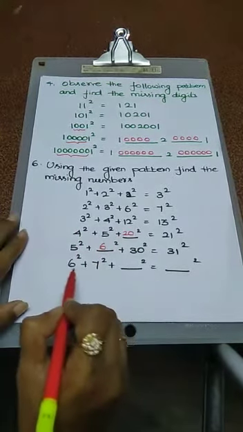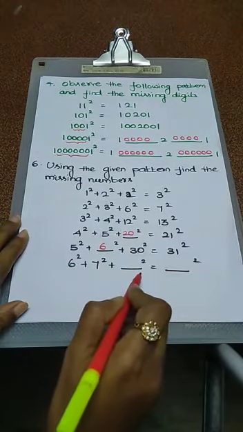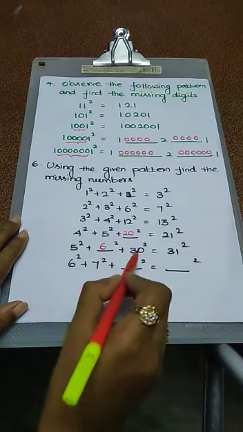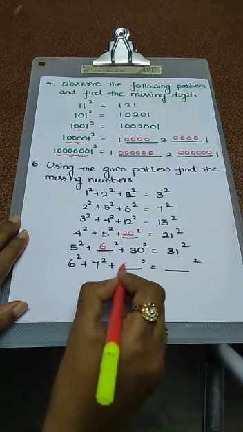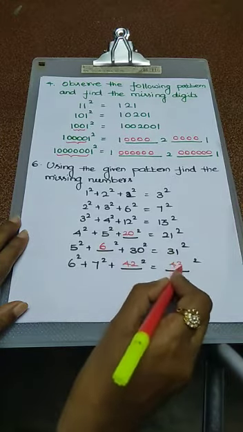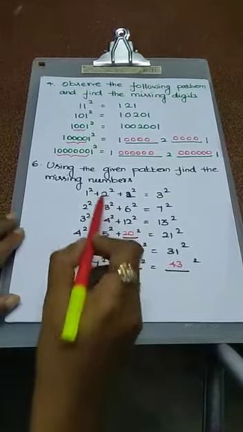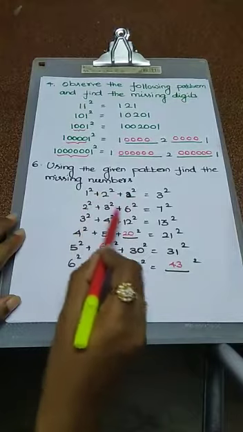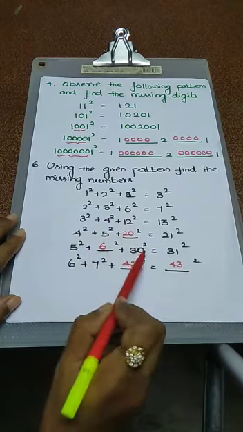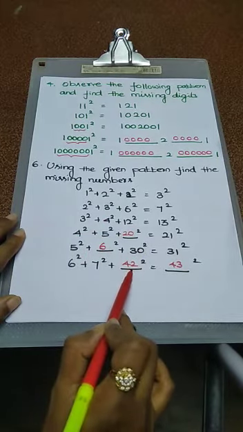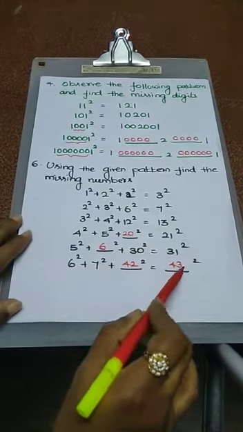The last one is 6 square plus 7 square. Here we have to mention two values, no. How can we calculate the value? Actually here the possible values are 20, 21, 30, 31. Here we have to use 42, 43. How can I write 42, 43? You just check all the values from the first. 1 into 2 is 2, 2 into 3 is 6, 3 into 4 is 12, 4 into 5 is 20, 5 into 6 is 30. So the possible value for the LHS is 7 into 6, which is 42. The next number is the RHS value, 43. That's all.